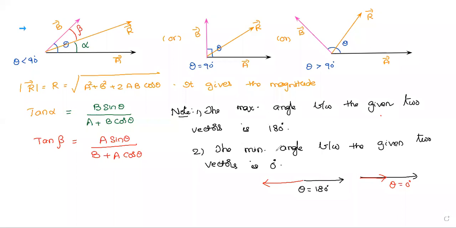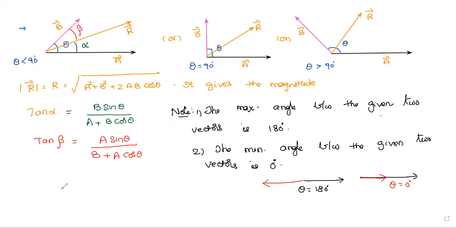That's why, related to the two points we wrote under the note here, you will get a few objective questions. They will ask: the magnitude becomes maximum for how much angle between the two vectors? It becomes maximum means cos theta should be maximum. I think you know from your mathematics the maximum value of cos theta, that is +1.